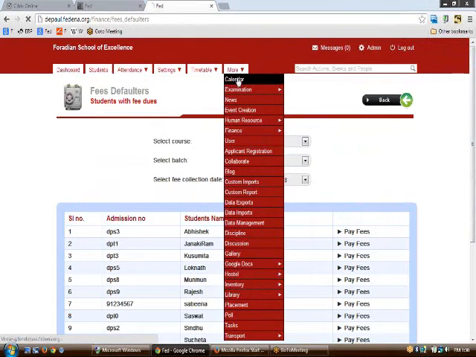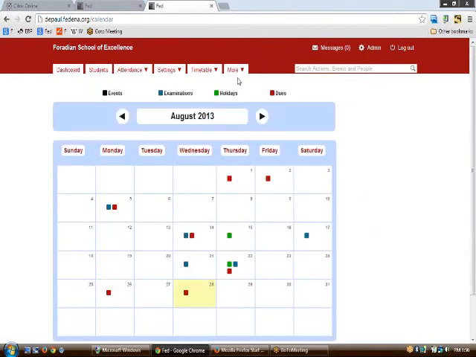Every time a collection date is created, you get a dot here on your calendar on the right as a red mark, which would mean that fees are due. So every time a fees due date has been created via the fees part, every person in the application would be able to see that particular date marked in red.